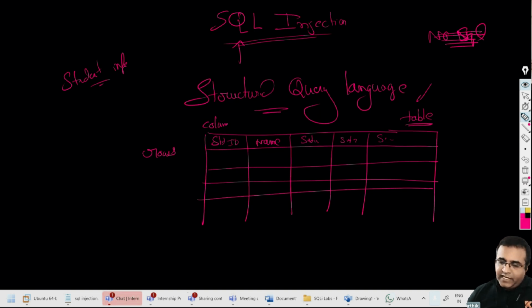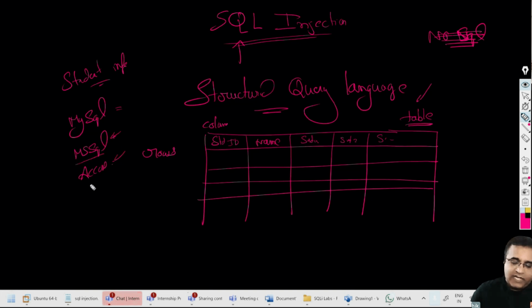So in a typical scenario, we are going to see a tool like MySQL being used for storing. There are a lot of other things as well. There is something called MS SQL, and again there are quite a few others. Access is also there. That is also from Microsoft, and this is also from Microsoft. Both of them, Microsoft SQL and Access.